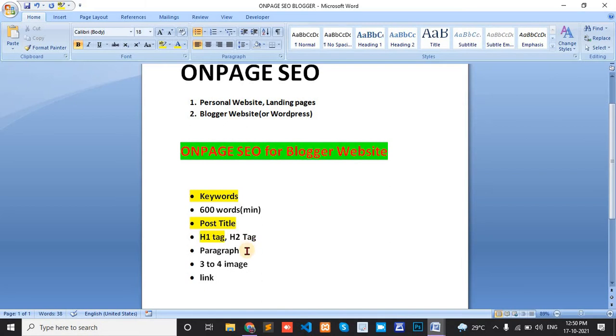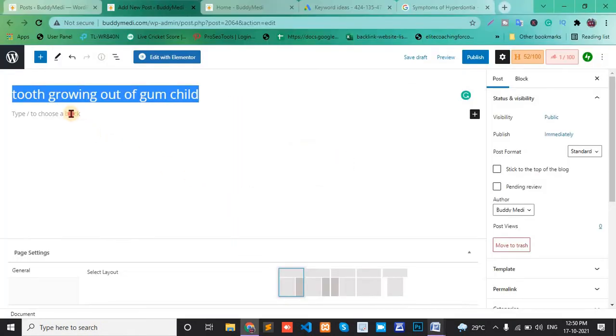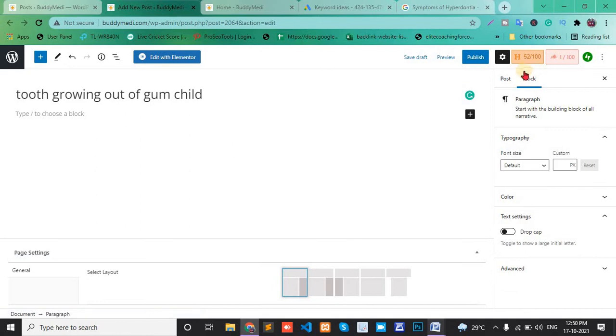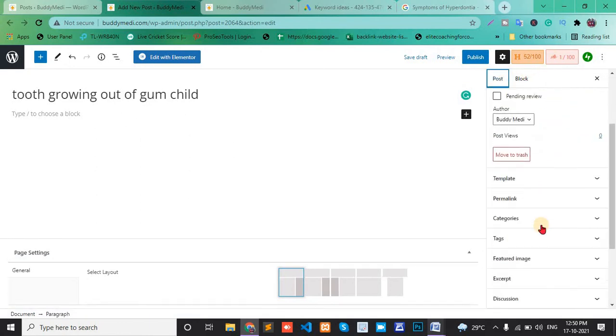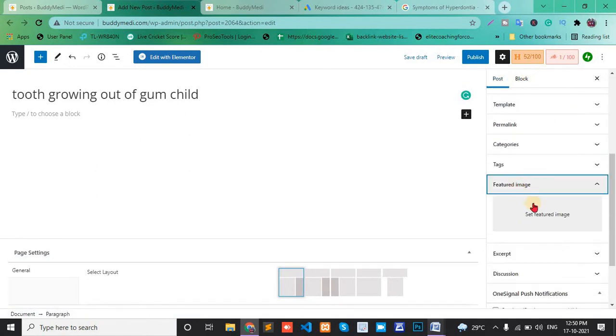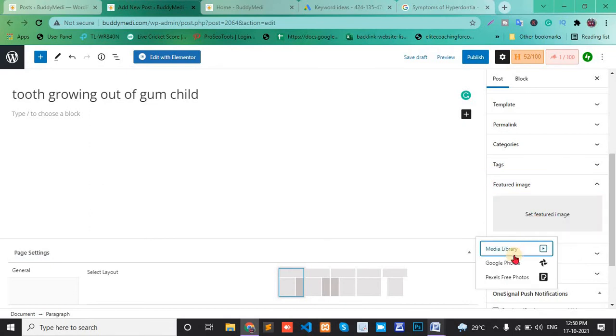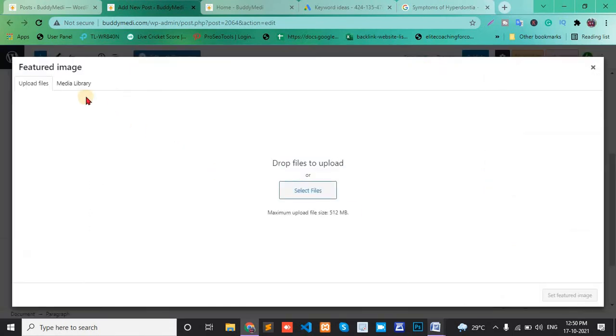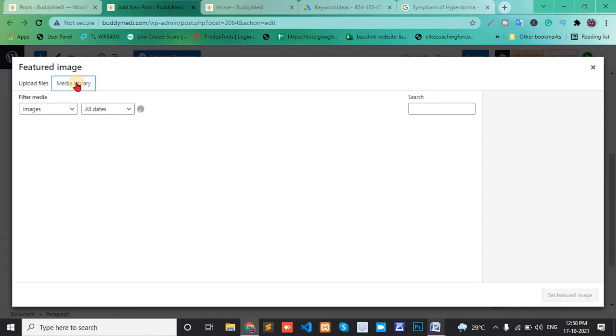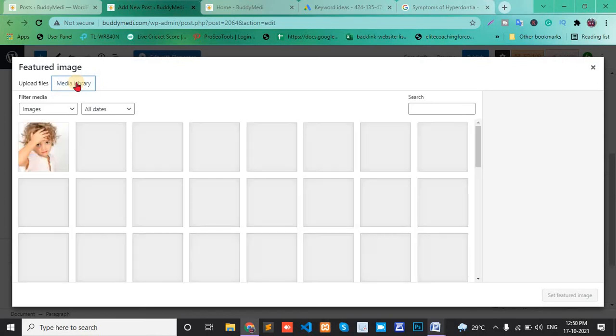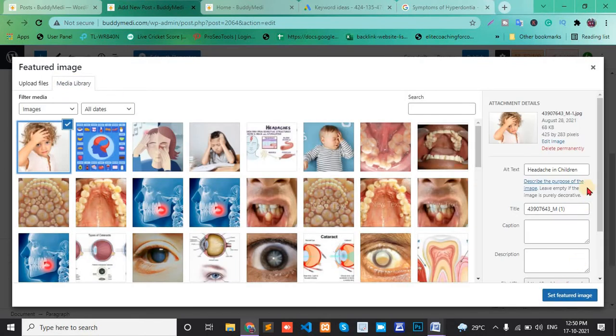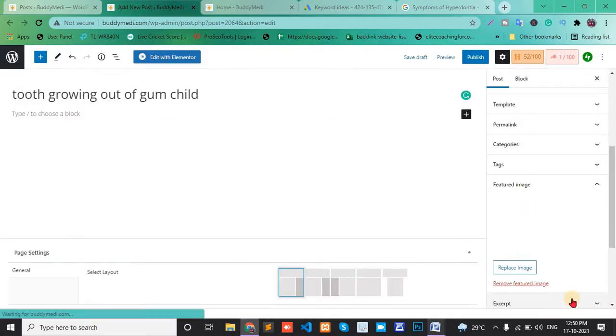Next, image. Image or paragraph here. First add the image. Featured image, media library, this one, and set featured image.